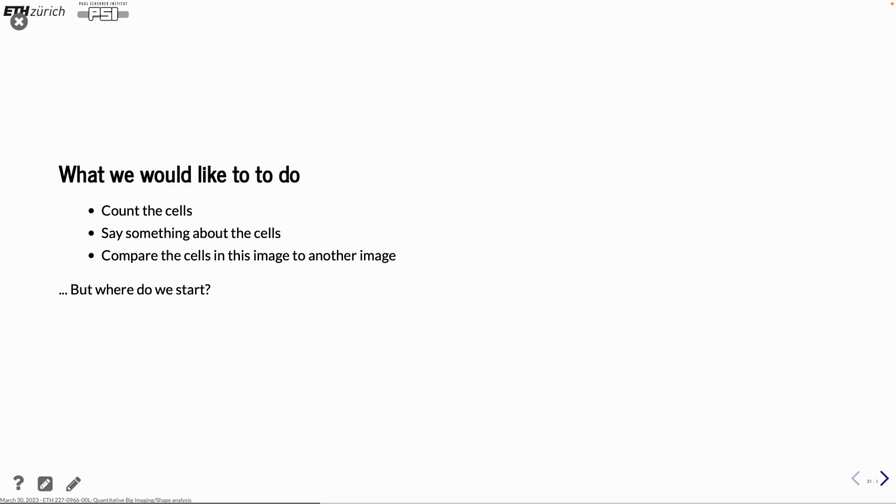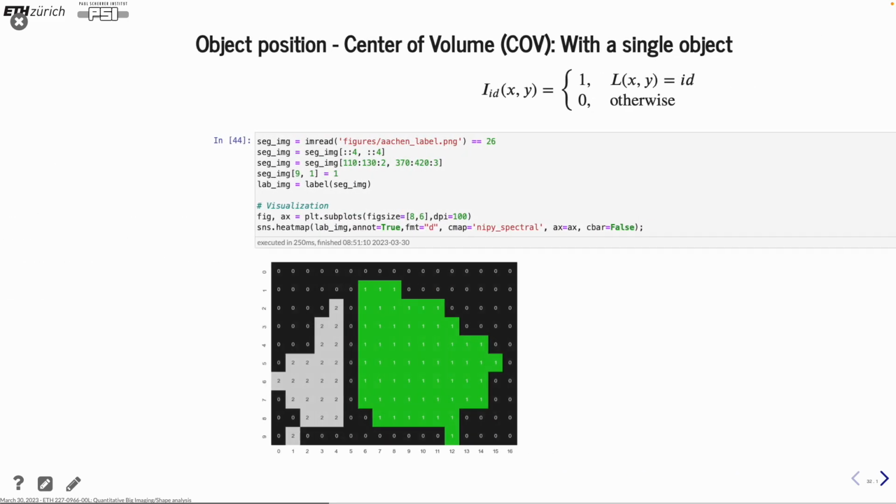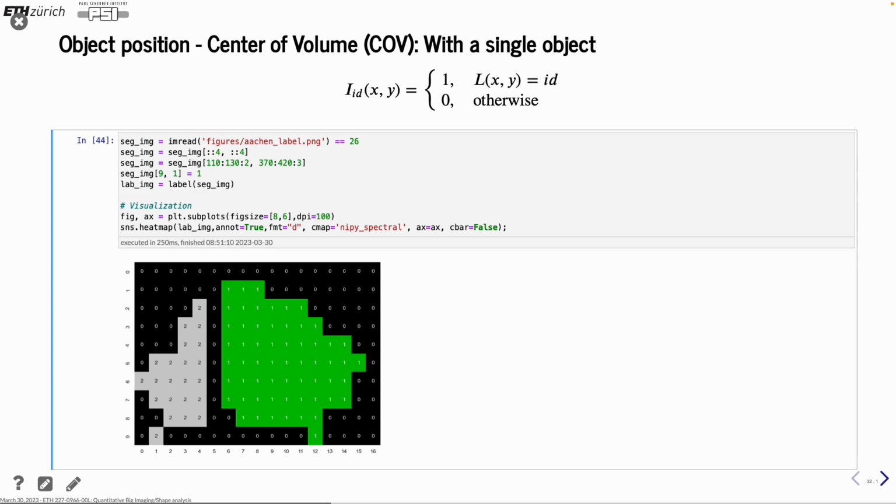So what do you want to do? We want to, again, do some measurements, so maybe cells, or actually more important, something about cells. And so how do we do this? We can look at positions. That can be interesting. For example, if you want to look at how cells are clustering around different nutrition points